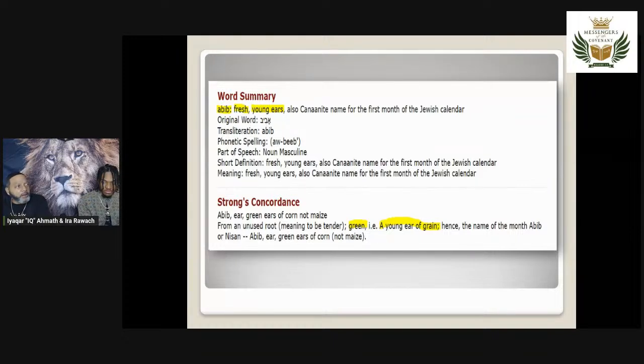Especially in states where they get plenty of rain, snow, and so forth. A lot of farmers, man, you ain't got to worry about cultivating the land and all that other stuff because they're getting a lot of moisture and nutrients just from the rain and the snow and the dews and everything else. And by the time spring kicks in, they're looking up and the grass used to be dead. Oh, the garden used to be dead. Now all of a sudden you start seeing green buds and green ears popping up. You say, I didn't even have to touch it. But they're looking, they're seeing through observation: okay, it's that time now. All right, let's continue.